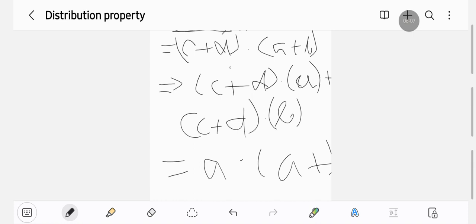If we don't switch places, we can see that we return to the previous line, because it was derived from a plus b was added c plus d times, then a plus b was grouped, right? Then c times a plus b and c times a,